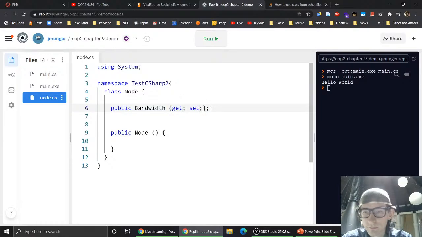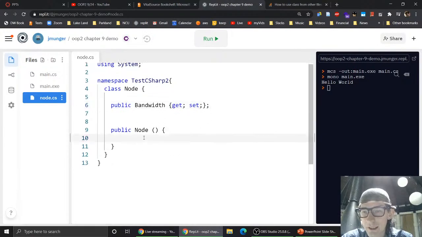Let's start with that, and then inside of the public node we should be able to